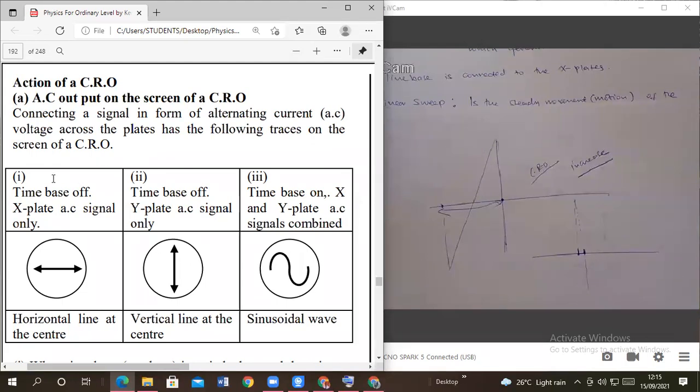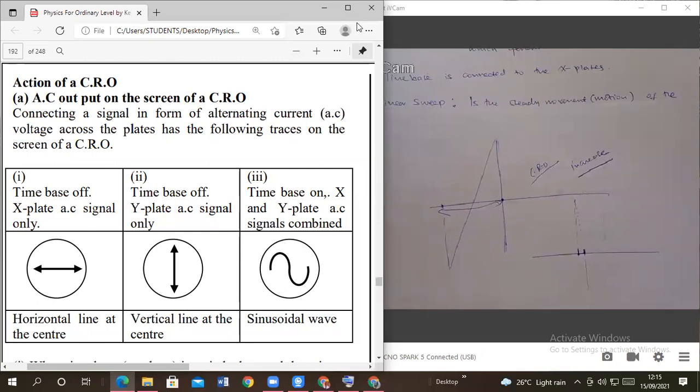So the cathode ray oscilloscope has what we call the fluorescent screen, and we have circles which are here. These circles represent what appears on the fluorescent screen. And you should know that what you want to measure, if you want to measure the voltage, is always connected on the Y plates. Whether you want to measure current, voltage, or frequency, everything that you want to measure is connected to the Y plates. And then on the X plates, we connect what we call the